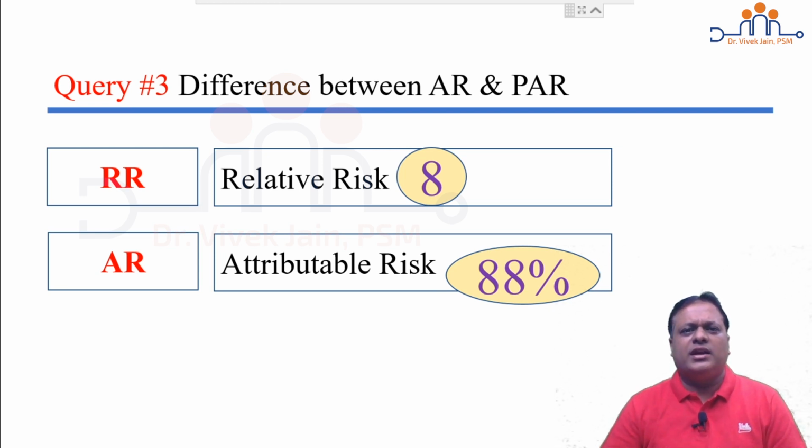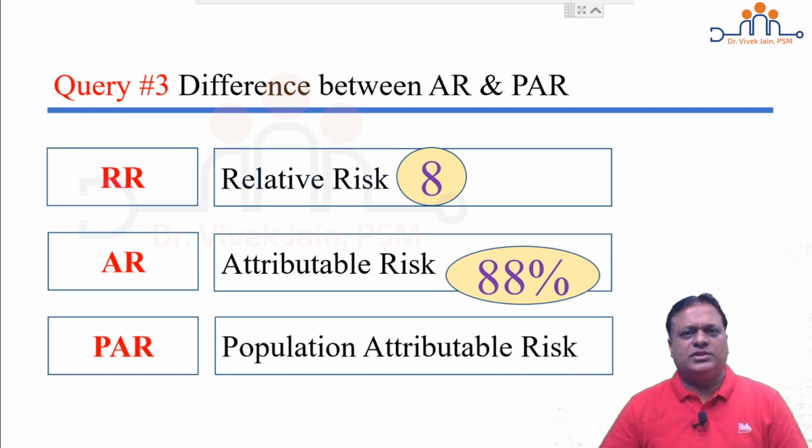So if I find 100 lung cancers in my city today, I can safely say out of these 100 lung cancers, 88 must have got it through smoking as a risk factor. What about the other 12? I don't know. It may be related to some other risk factor which I am not studying. It could be air pollution. It could be exposure to nickel, arsenic, chromium or any other risk factor.